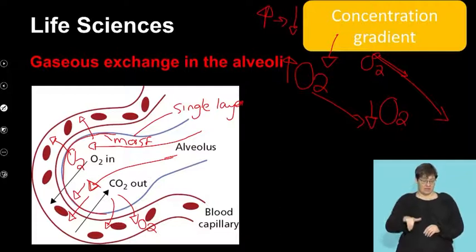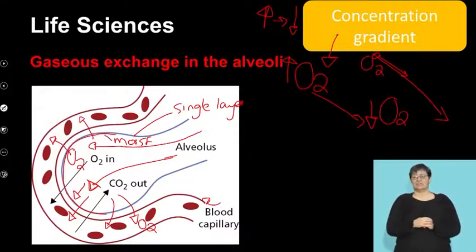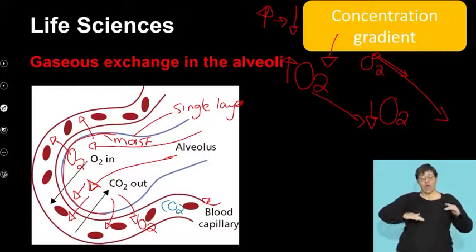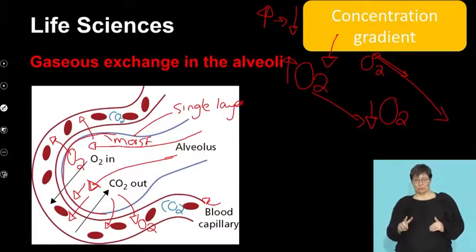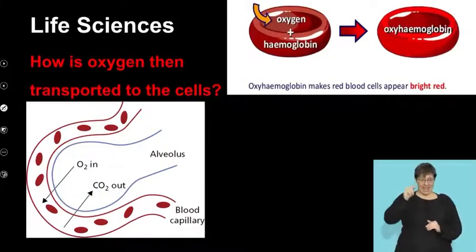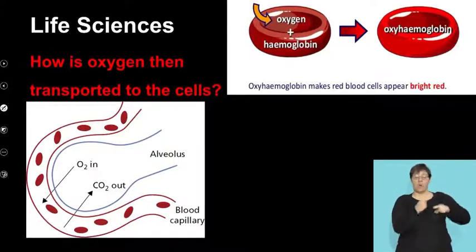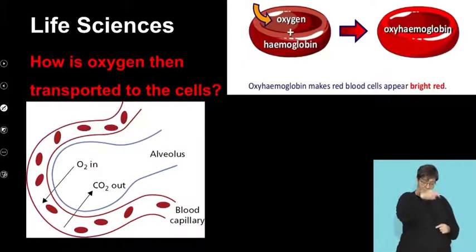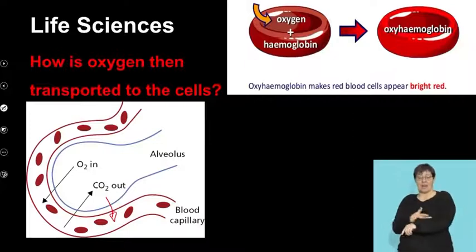Now, what has happened over here, and I want to explain it in a different way, is that we're going to have carbon dioxide come into the capillary from the lungs, but I'm going to show you that just now. So now we have the oxygen that pops into here. So oxygen goes into my capillaries. How does it travel? Okay, so oxygen's in my lungs.